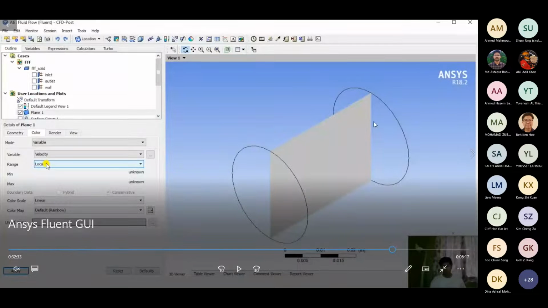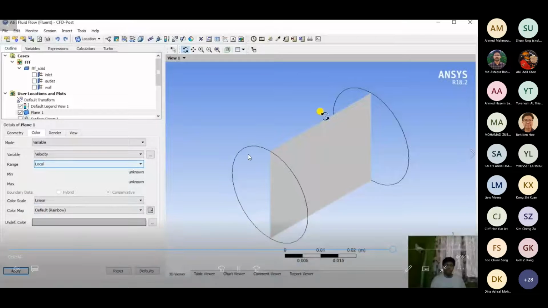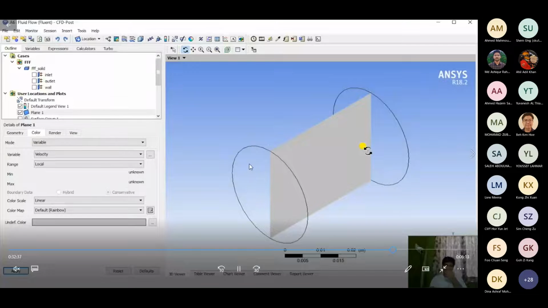It will calculate the contours based on this particular instance in space, and what is happening in space of this domain. It will show you in that regard. But with respect to the whole domain, how the contour looks like, in that case you would go for the global option, global range. So it just defines the range which you want to calculate it for. Just making these few changes, you would go for apply.